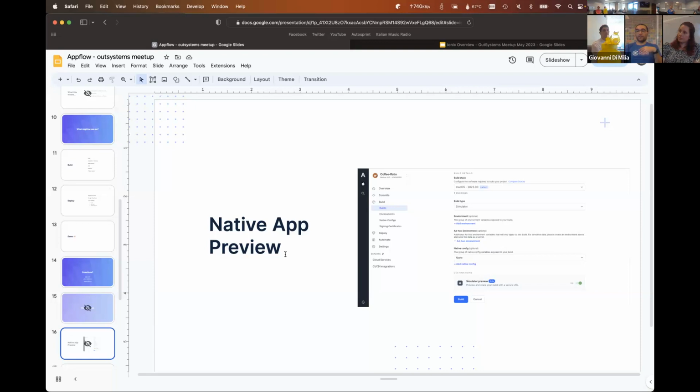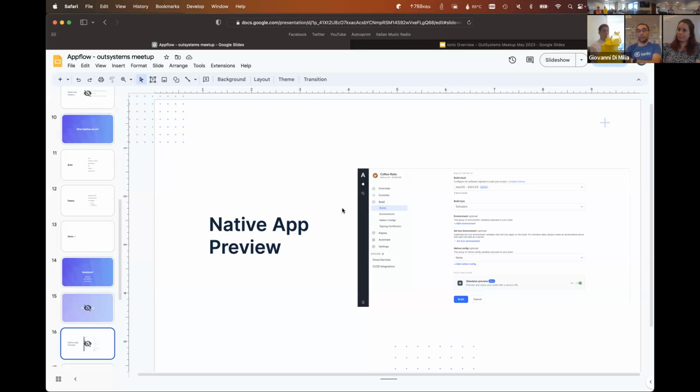But there are services that allow you to run your app in a simulator and interact with it over a browser. We are going to integrate your builds so you can ship a build to this service and then interact with your app in a simulator, like I just did here on my computer.